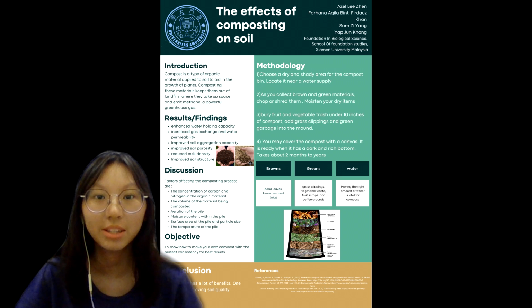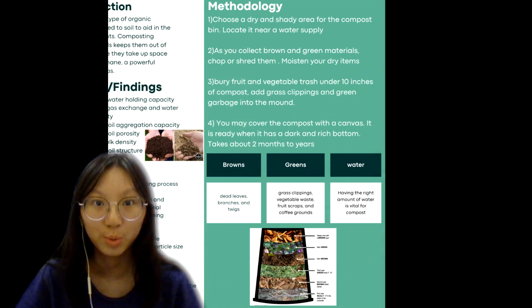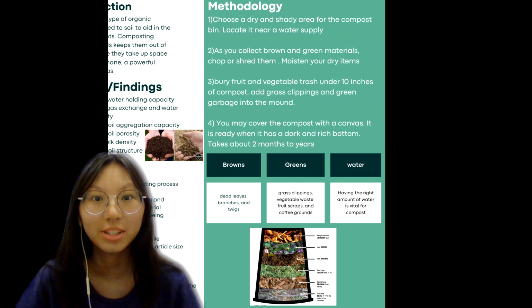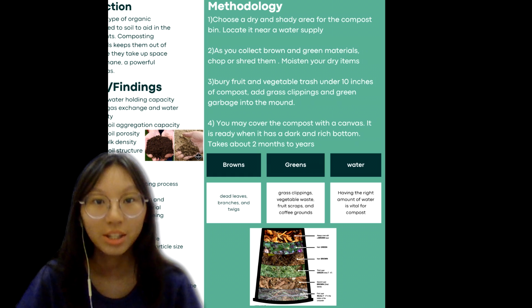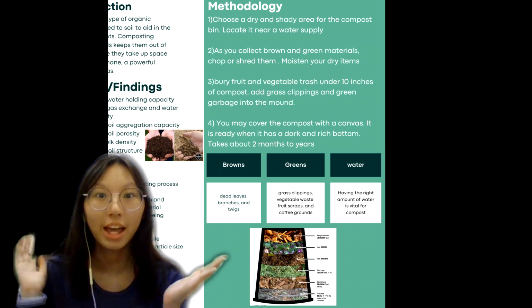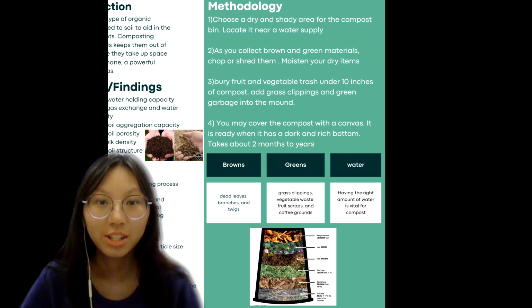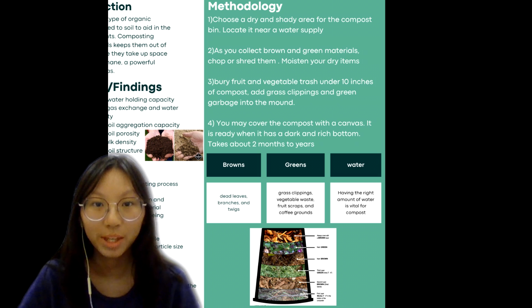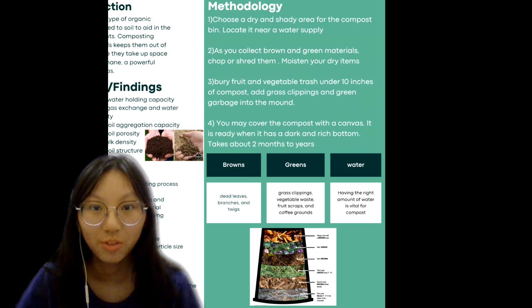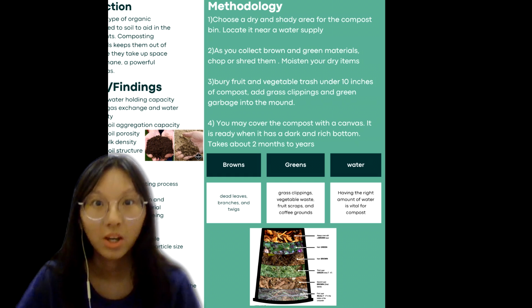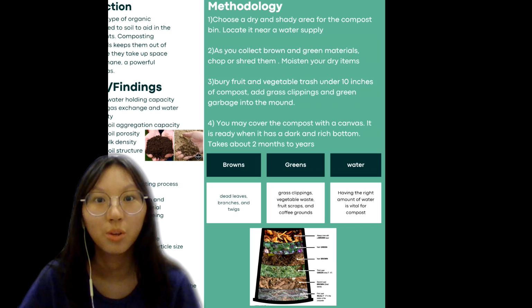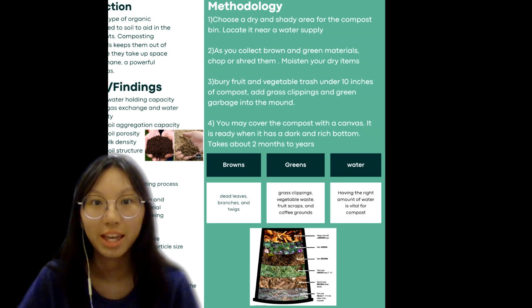I shall now explain the methodology of making homemade compost. Making compost needs ingredients, and we can roughly divide these ingredients into different groups. Here we tag them as browns and greens. Browns generally come from garden waste, whereas greens comprise food leftovers and kitchen waste. Water is needed to make the compost moist, and this is to facilitate the decay and decomposition of the compost.